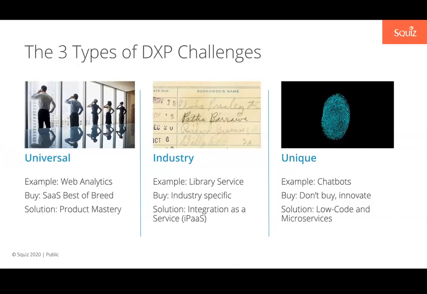And so for universal problems, always go with online, cloud-based, SaaS, best-of-breed vendors. The reason for that is simple. There are so many people with the same problem that those people are going to smooth off all the rough edges. Every possible problem you could think of or have had, someone else has had it, and not just someone, potentially hundreds of people have had it. And so the net effect is that they wear down all of those issues.